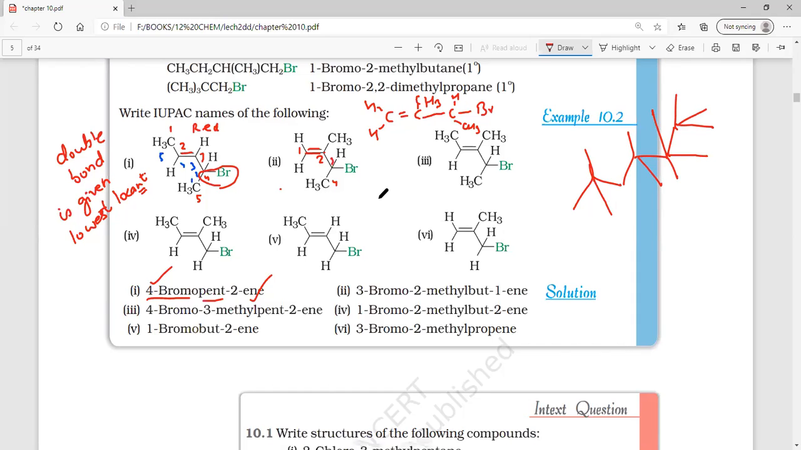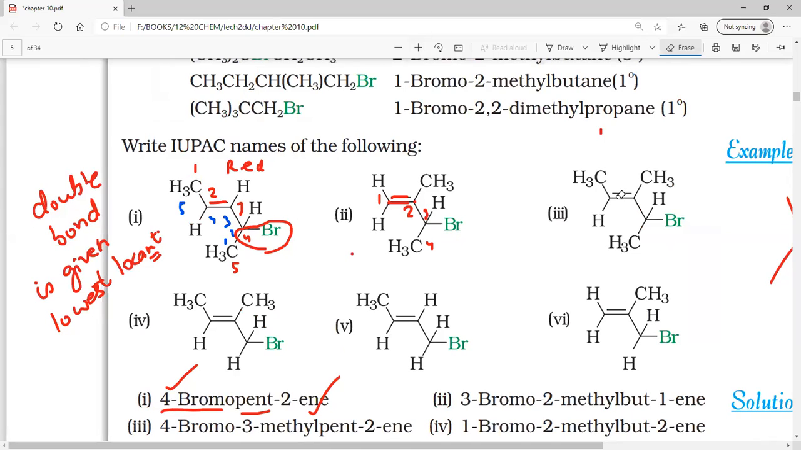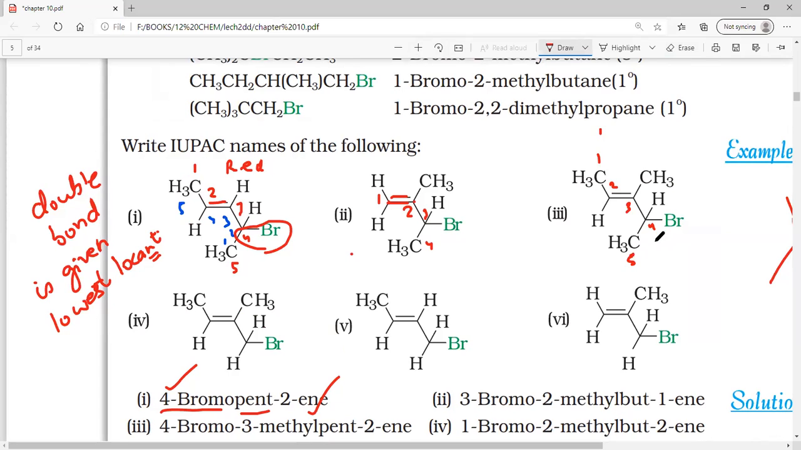So these are bond line notations. Similarly, we will see this molecule. I could have taken this in the white screen, but these pictures will not come there. Again, counting has to be done in such a way that the alkene gets the lowest locant: 1, 2, 3, 4 and 5. So it will be 4-bromo